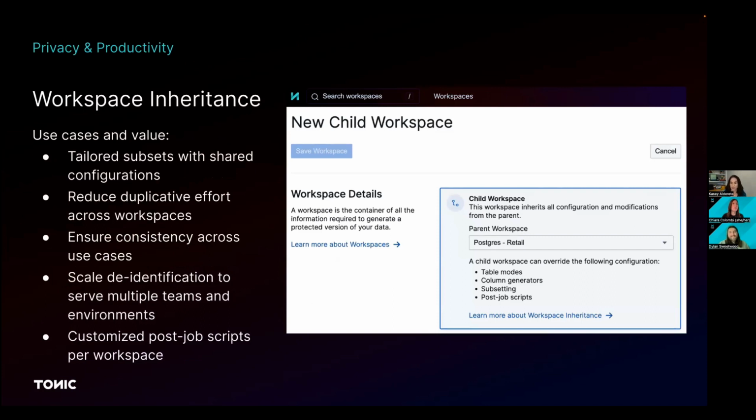Dylan, can you highlight a few examples for us? Yeah. So we were just talking a little bit about subsetting, right? Complex process. Most of the time, especially when it comes to our larger customers with more complex use cases, you're not just going to be configuring a single subset. It's not one and done. You're going to have multiple subsets for a lot of different users or different types of use cases at your company. And since a Tonic workspace can only have one subsetting configuration at a time, a lot of my customers have been using Workspace Inheritance to link multiple child workspaces, each with their own subsetting configuration, to a single parent